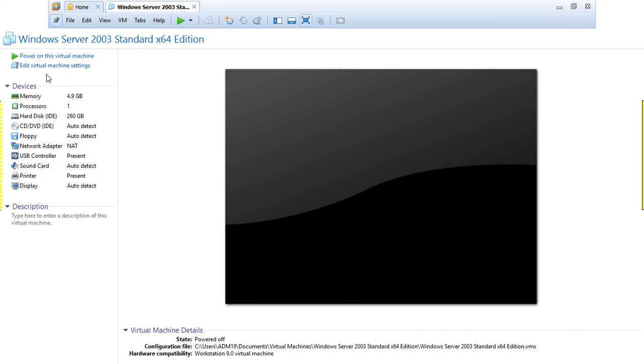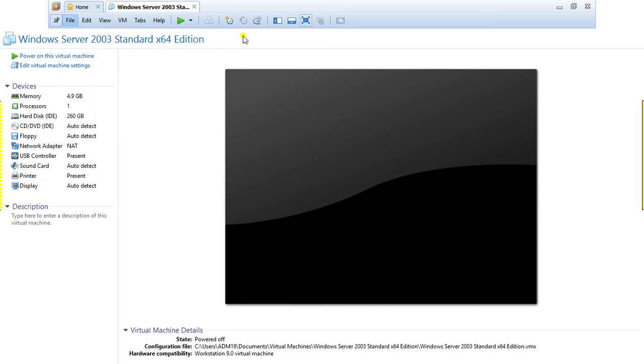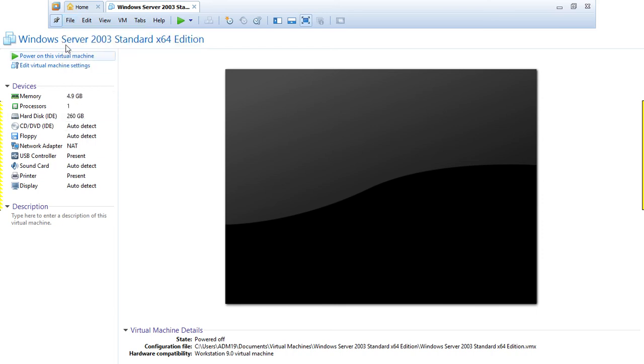Okay, now shut down. Here again we just have to exit. If by mistake you did not log out and shut down properly, and due to a power failure your laptop shut down directly, in that case, instead of using the power button, you can go to File and Open.